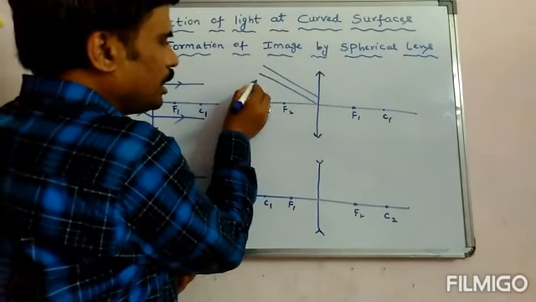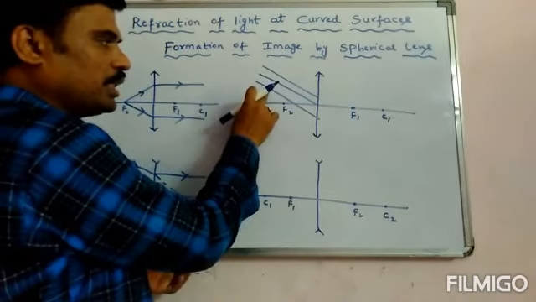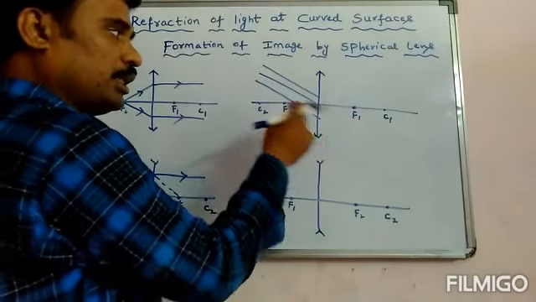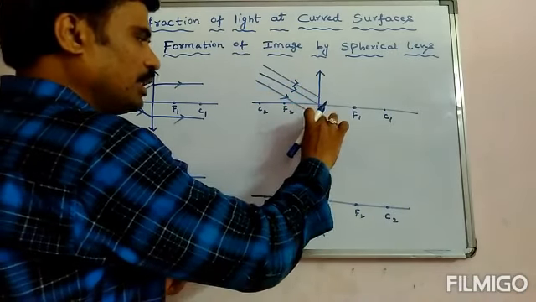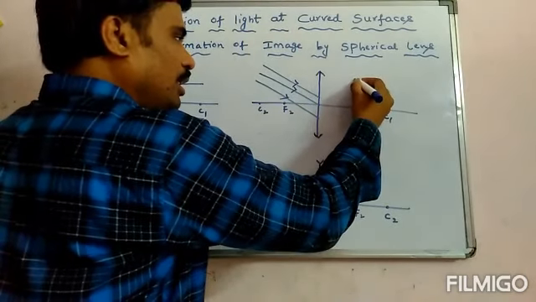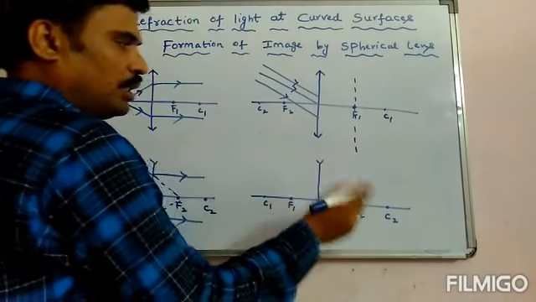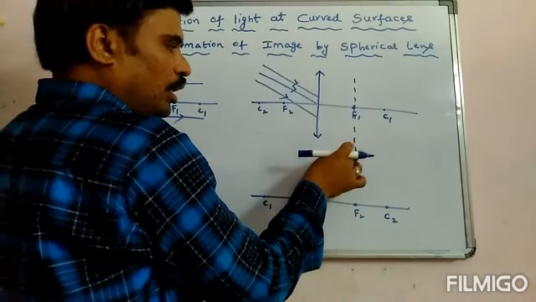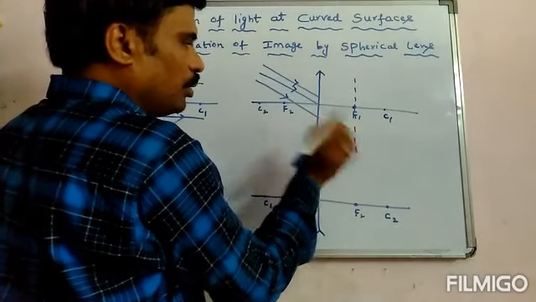Here you can see the rays. Some parallel rays are incident on the convex lens, but they are not parallel to the principal axis. Then what will happen? Here also the rays which are parallel will converge, but they will not converge at the focus, but at a point on the plane of the focus. The plane passing through the focus is called the focal plane. Now at a point on the focal plane, all these rays are going to converge.